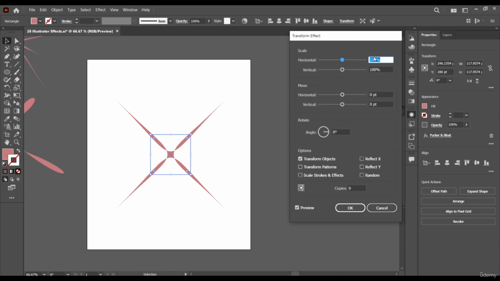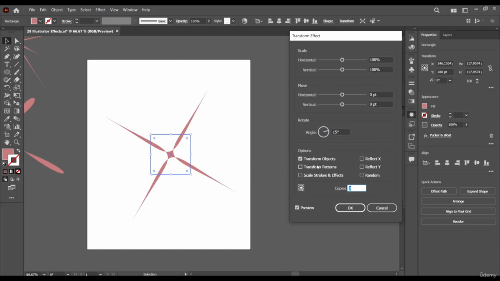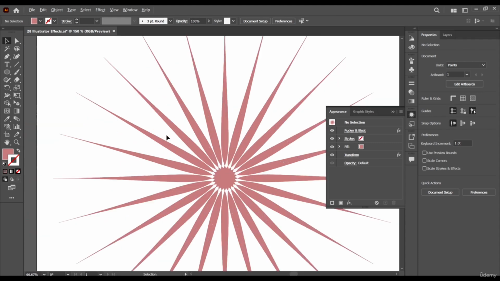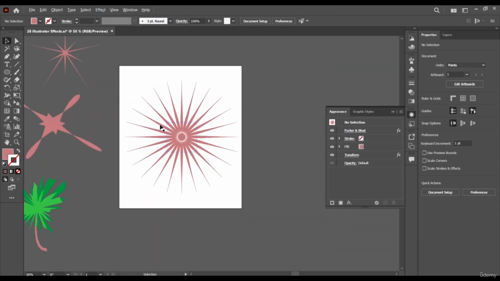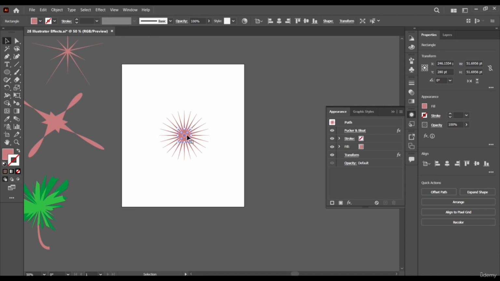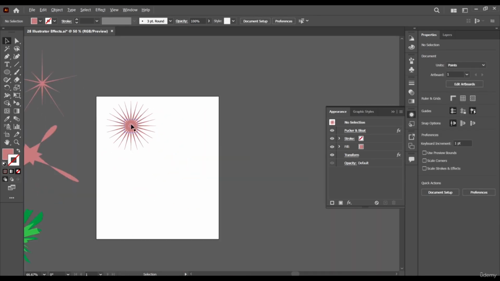So let's just give it a rotation of, let's see, 15 degrees, and let's have 20 copies. So okay, perfect. You can see what we now have by just adding the transform effect. Okay, we can have stuff like this.